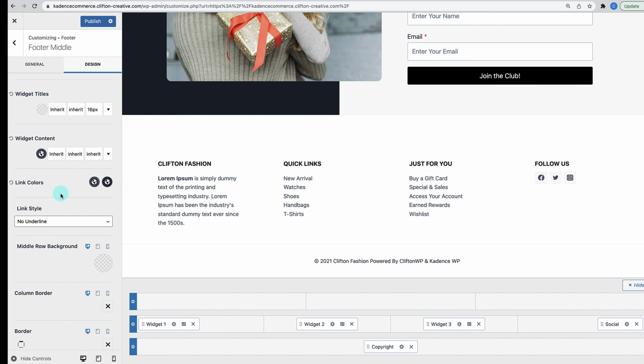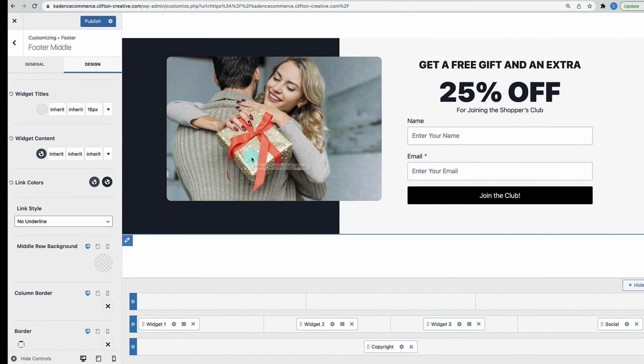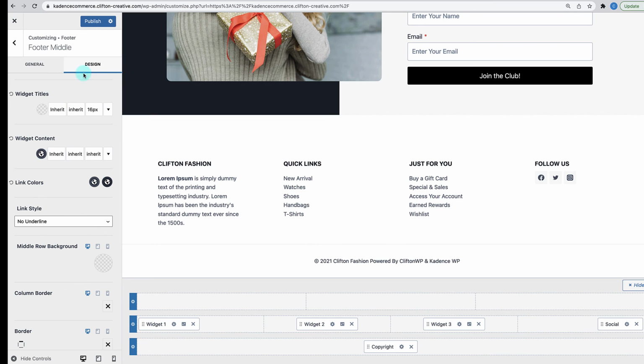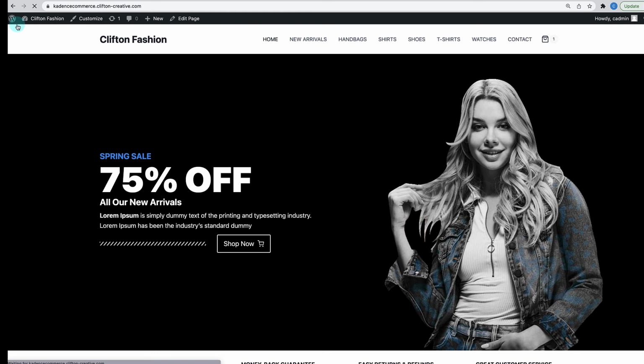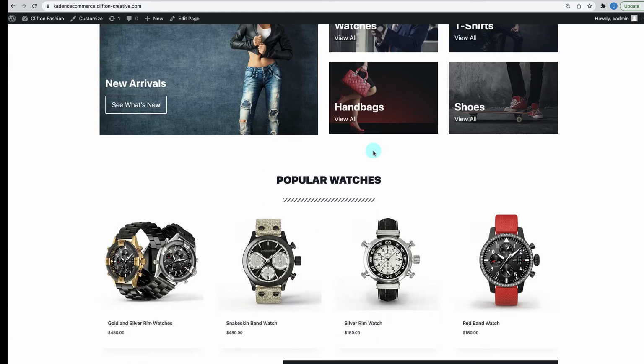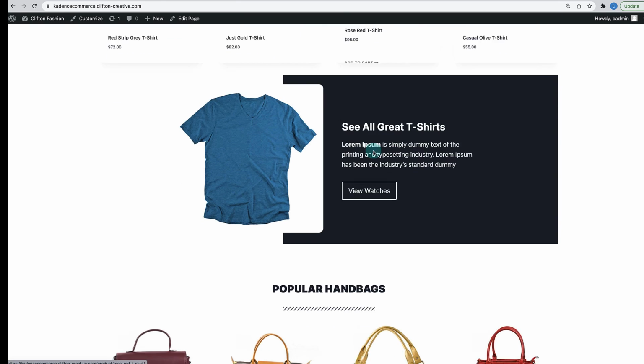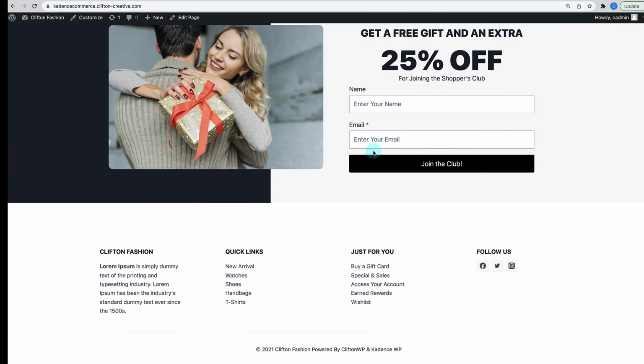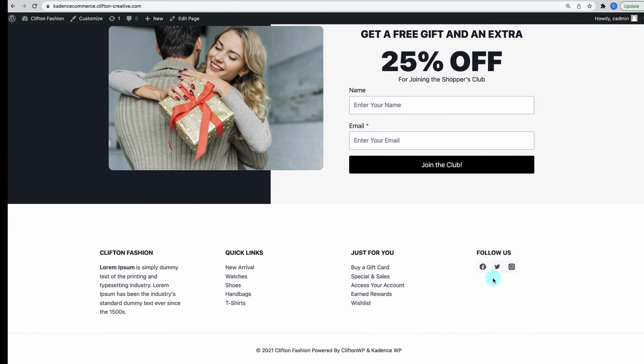All right, that looks good. Okay, so now our footer is pretty much set. So let's take a look at how the whole thing looks on the front end. So I'm going to go ahead and publish this. And let's close that out. And when we scroll down our beautiful e-commerce website here, we now have a nice footer